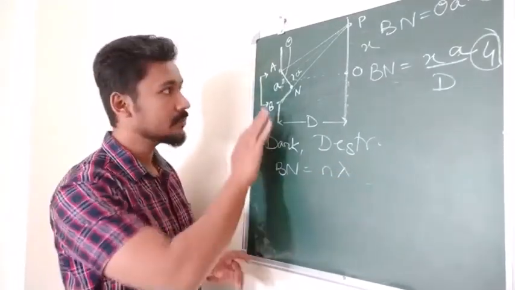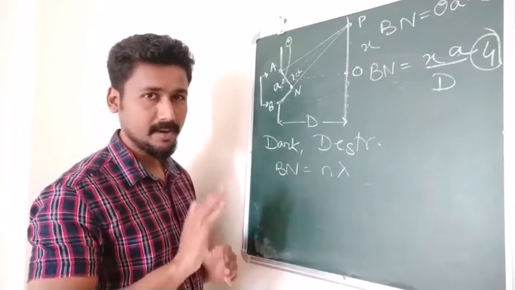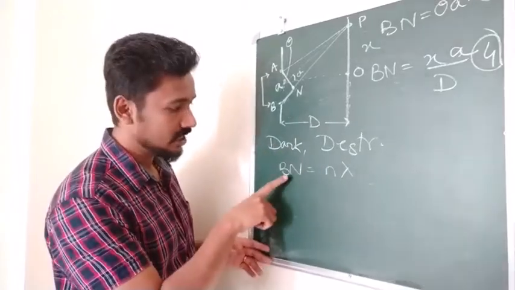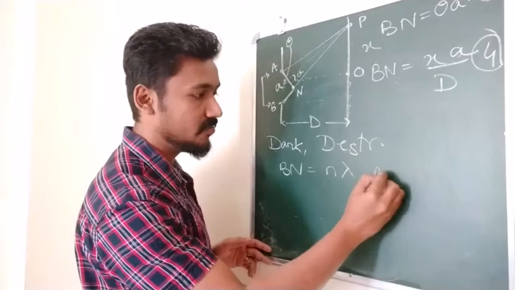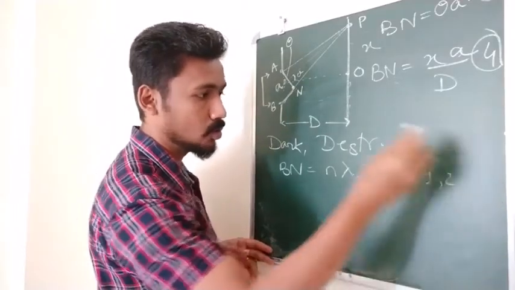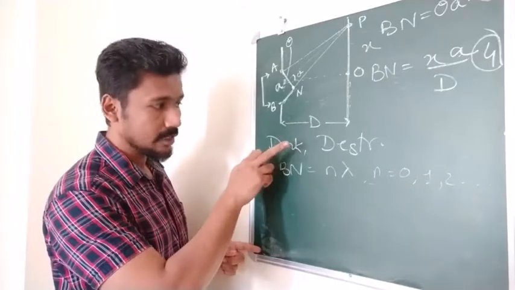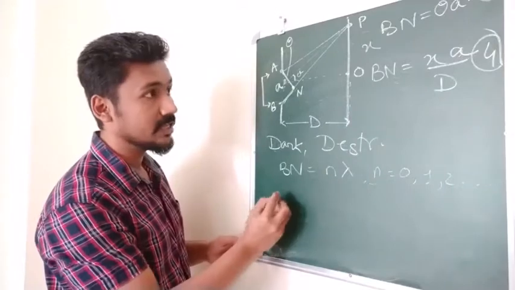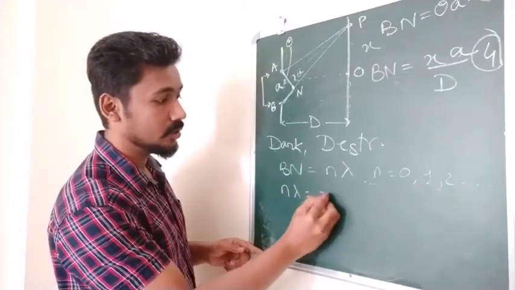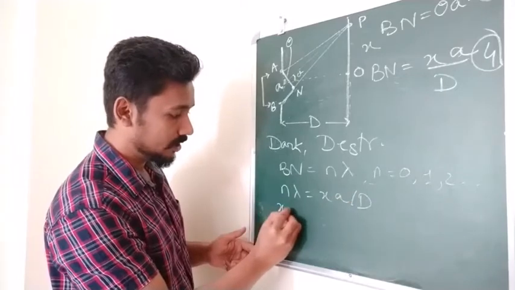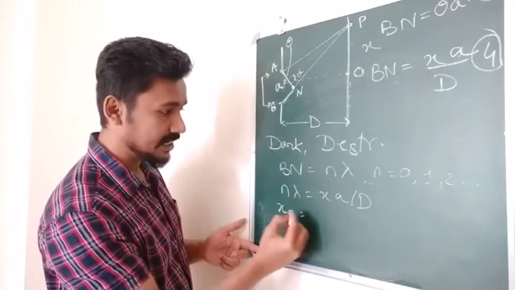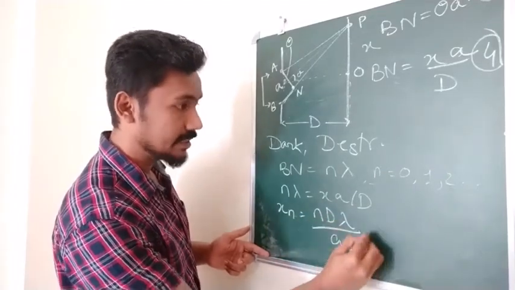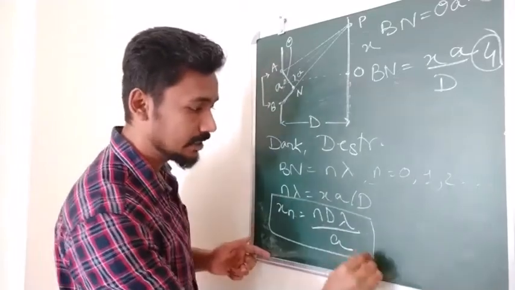Once again, I think I should mention the light we are using here is monochromatic, correct? Polychromatic also creates a diffraction, but it is very complicated to find that formula. So anyways, path length should be an integral multiple of lambda, where n is going to take value 0, 1, 2, and so on and so forth, right? So for a dark spot, the condition is that path length should be n lambda. From equation 4, therefore, you can write n lambda will be equal to xA by capital D, or you can write xn, that is the nth fringe, xn will be equal to n capital D lambda by A. Okay, so this is the condition for a dark fringe.